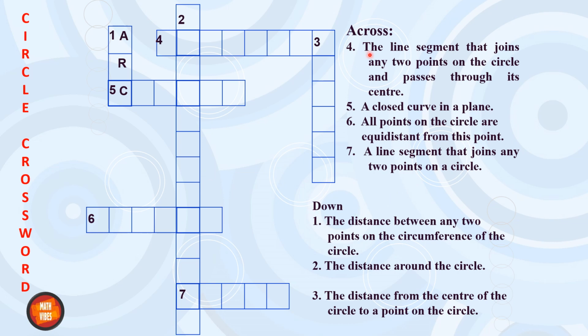The first is the line segment that joins any 2 points on the circle and passes through its center. A closed curve in a plane. All points on the circle are equidistant from this point. A line segment that joins any 2 points on a circle. The distance between any 2 points on the circumference of the circle. The distance around the circle, and the distance from the center of the circle to a point on the circle. These were the questions and the answers are